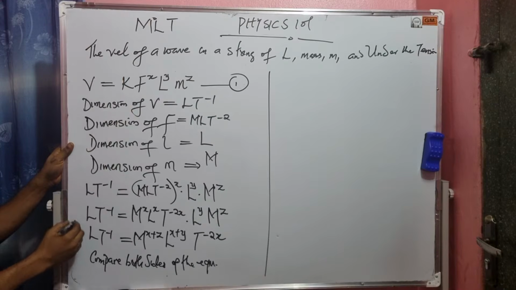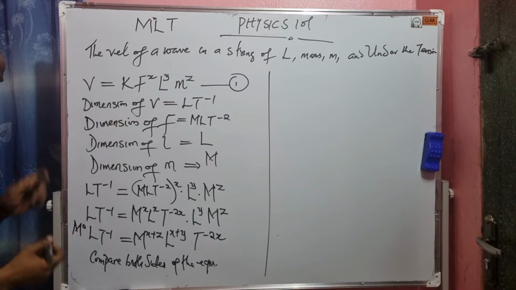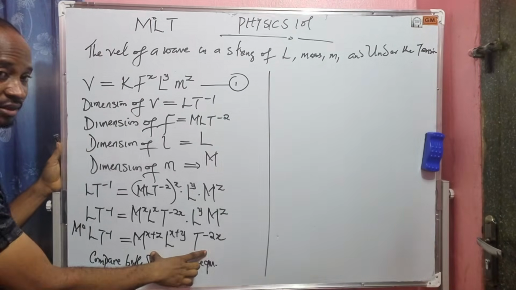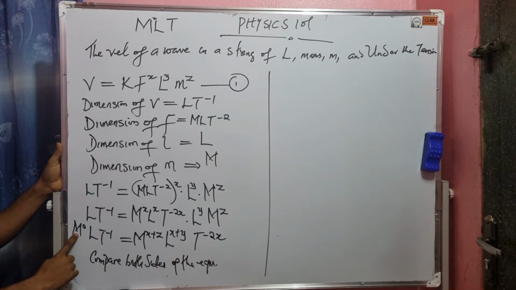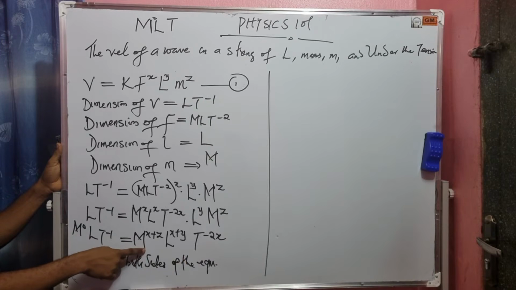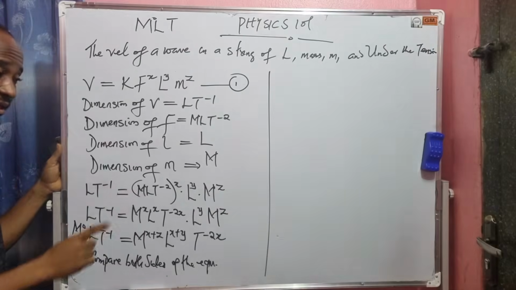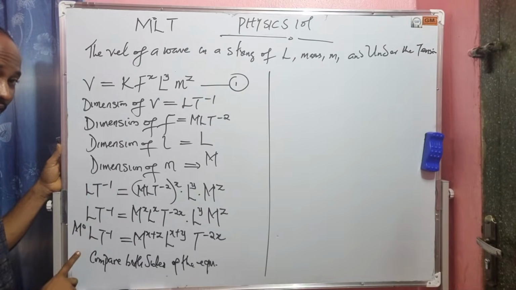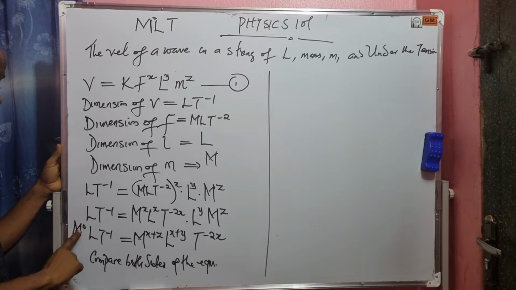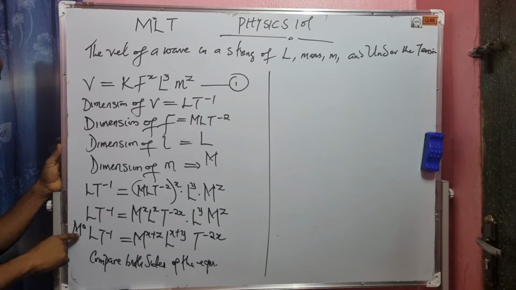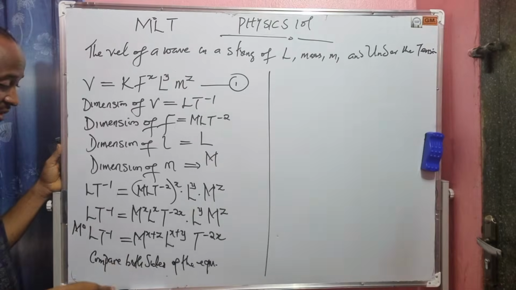I can decide to put my M here to the power of 0 because I want to compare this side with this side. So I bring out the same base, but the power will be 0, because in indices, any number raised to the power of 0 is equal to 1. So even if I put M raised to the power 0 here, it's the same as